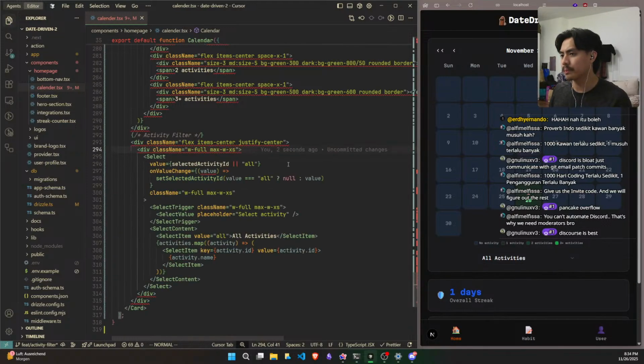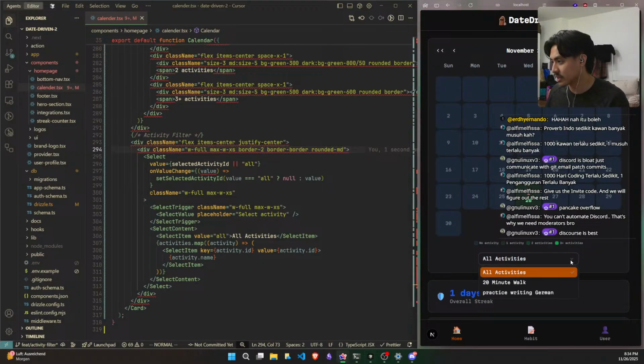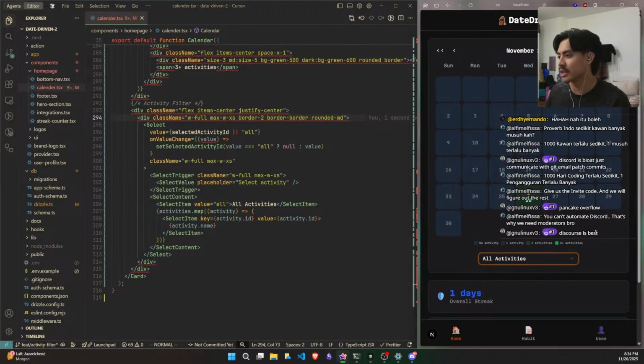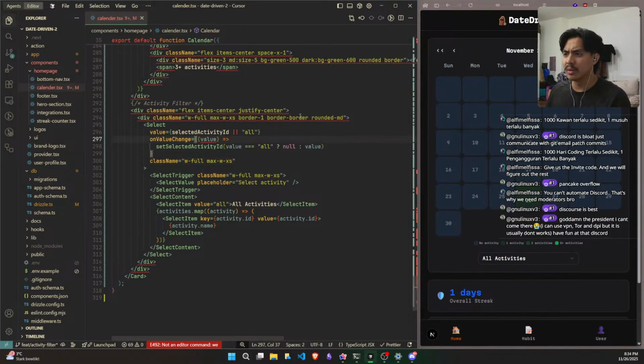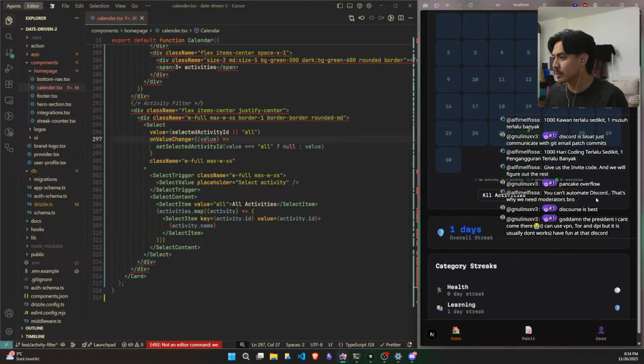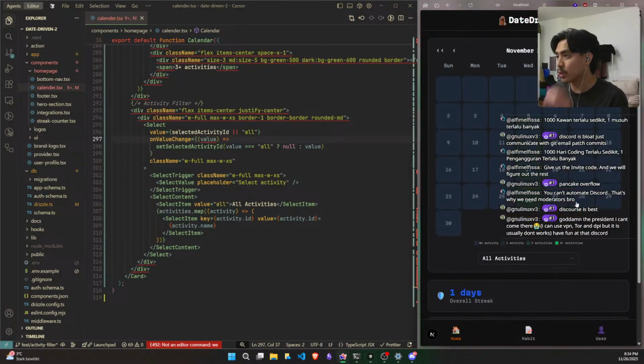Can we do that? There we go. That's much nicer. Yeah, okay, that's what I want. Maybe not border 2. Let's just do border 1. That's actually much nicer. Yeah, that is much better. Okay, nice, cool.